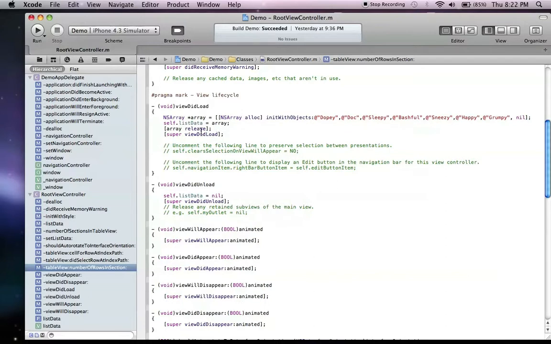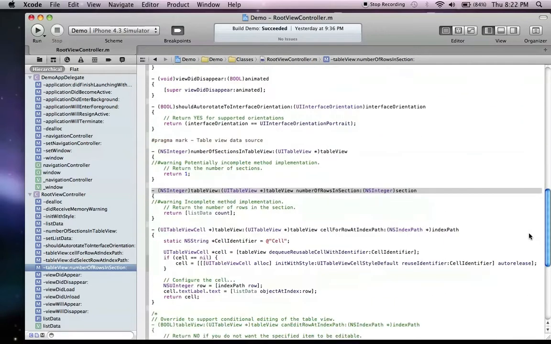And what that does now, this array is stored within the list data variable. Again, the reason we did this is because we cannot start with an array from scratch. We can start with a variable, we can create the array, which is what we did, we can set them equal, and then get rid of the array, which is what we did. When we unload, we set it equal to nothing or nil, so we close out the value of it,